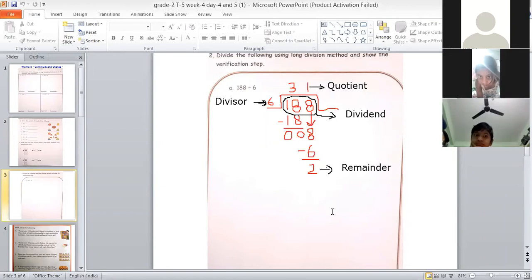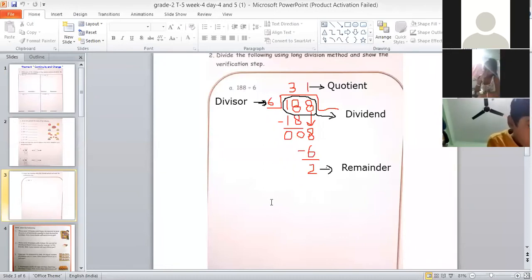Supratik, done? Supratik, have you completed your work till now? Show me thumbs up if you have completed. Have you written all these things? Quotient, dividend and remainder? Fine, I want your work now. Show me your classwork and send a picture of your classwork to me today. Now you have started writing. Okay, I think you all have done till here.